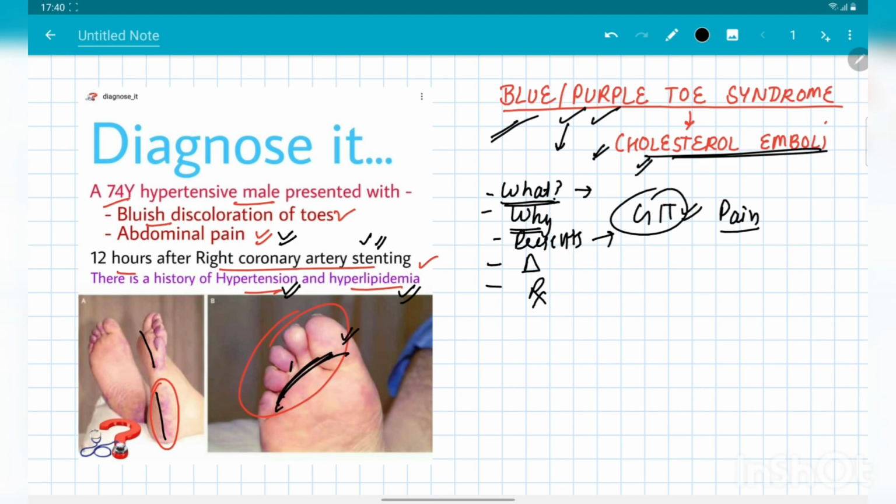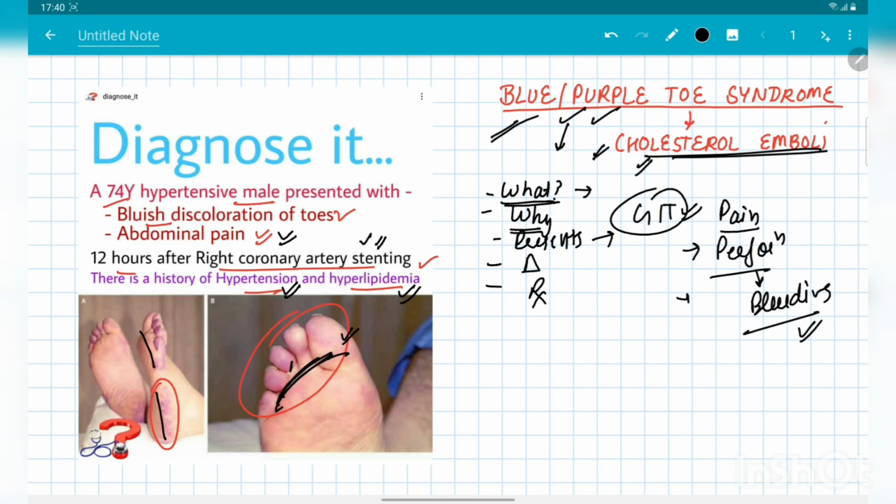The other symptoms are like, due to the ischemia, there can be some kind of perforation. Perforation may develop in the intestine that leads to bleeding per rectum, and even a melena kind of presentation. The other features are this can also lead to pancreatic or splenic infarct, like if the crystal dislodges in the small arteries of the pancreas and the spleen.